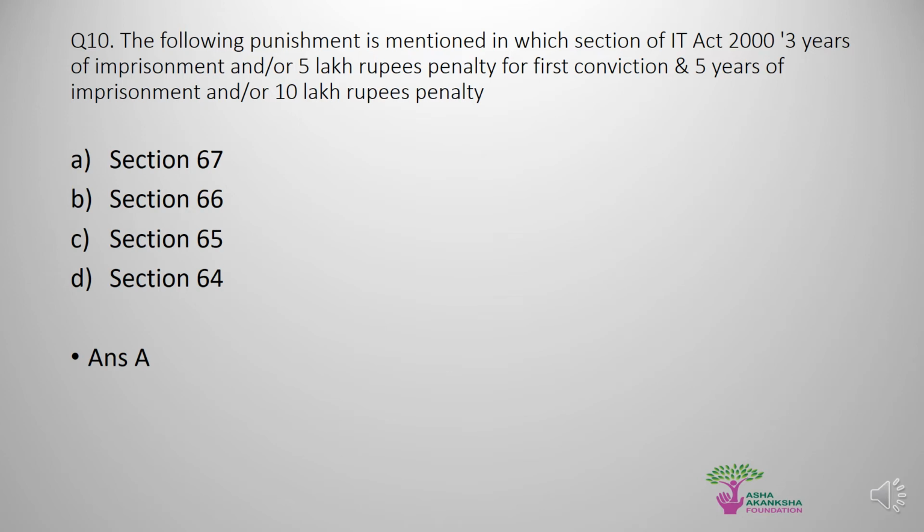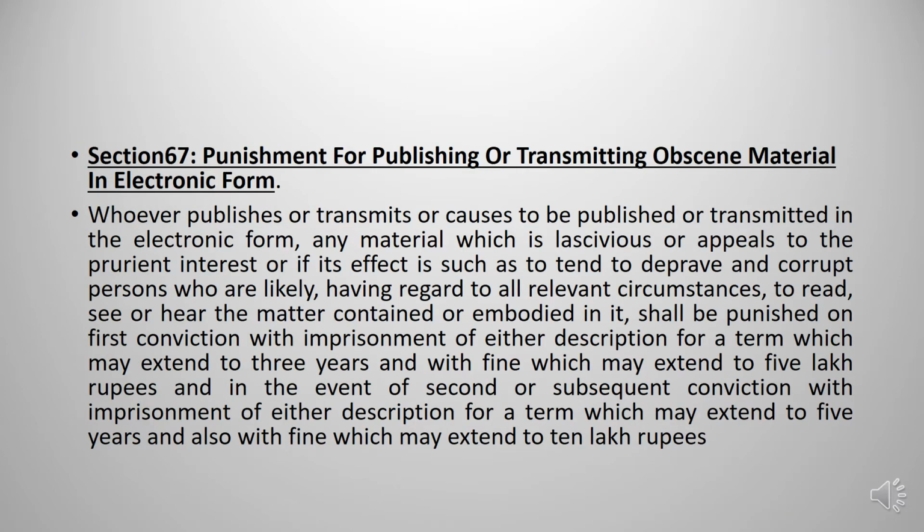Let's now understand what is Section 67. Section 67 deals with the punishment for publishing or transmitting obscene material in electronic form. This section states that whoever publishes or transmits or causes to be published or transmitted in the electronic form any material which is lascivious or appeals to the prurient interest, or if its effect is such as to tend to deprave or corrupt persons who are likely, having regard to all relevant circumstances, to read, see, or hear the matter contained or embodied in it, shall be punished on the first conviction with imprisonment of either description